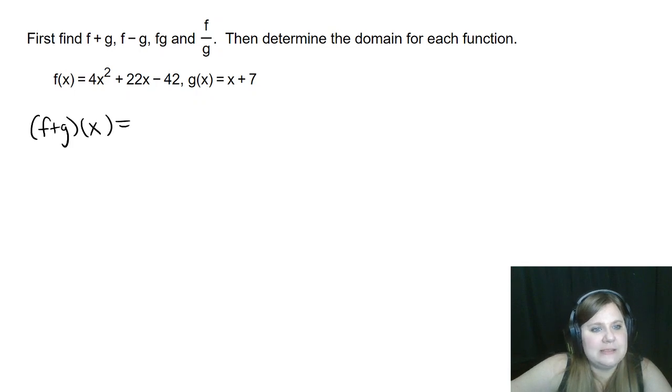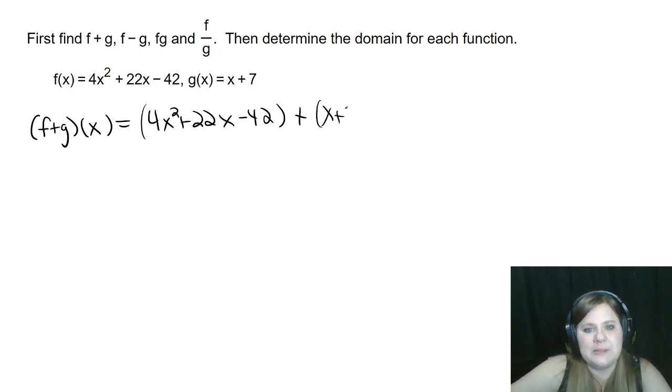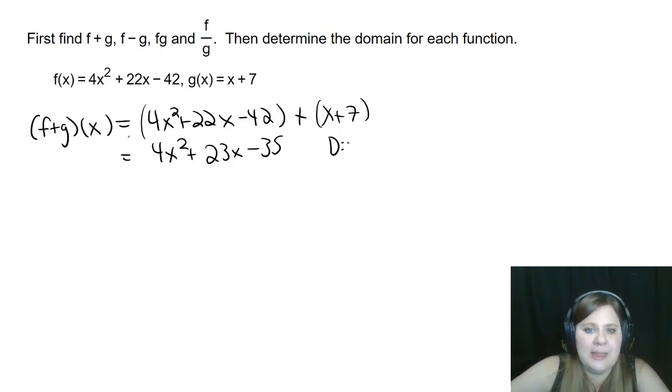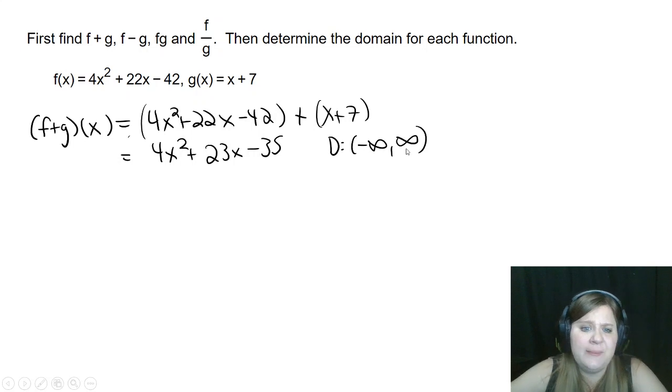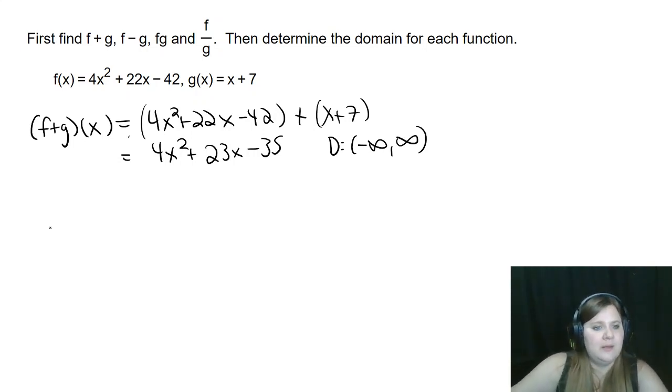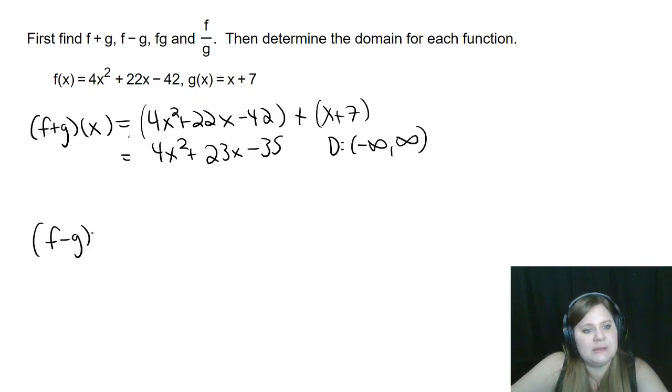f plus g of x is 4x squared plus 22x minus 42 plus x plus 7. So that's 4x squared plus 23x minus 35. Its domain is -infinity to infinity because it's still a polynomial, just like f and g were. Now, f minus g of x